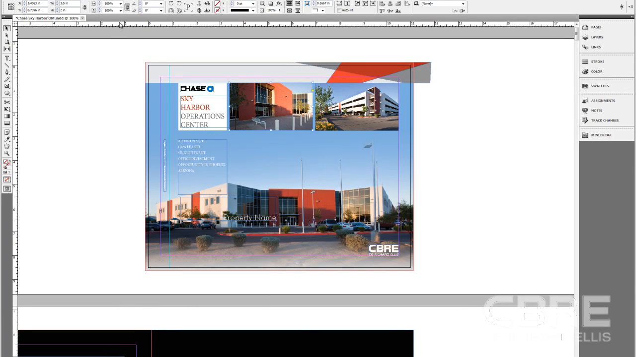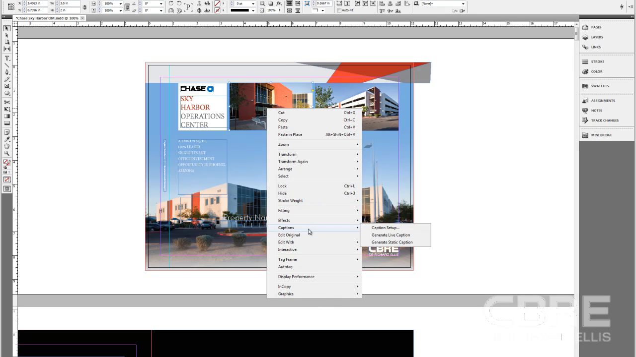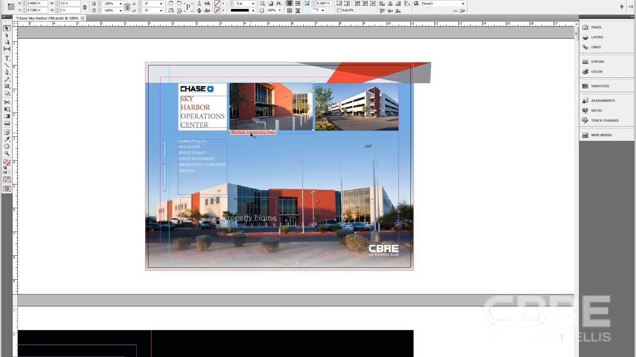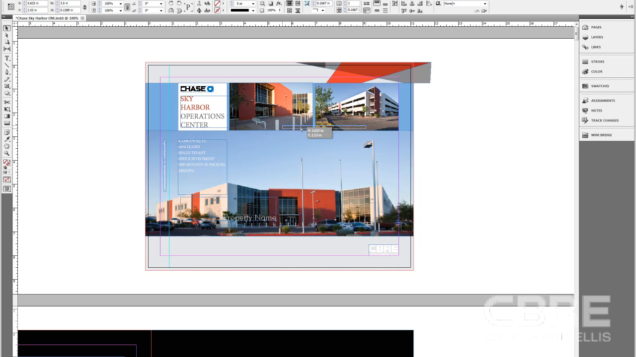So if I highlight this image, I can either go up to the Object menu or I can right click to bring up the contextual menu, and I'm going to select Generate Live Caption. Now once I've generated that, I want to make sure that I connect that caption to the image. And as I do that, we'll see that it's pulling the description of the image into the caption. Now the interesting thing about this is I cannot edit this text once I've placed it because it's a live caption. But if I drag it over this image,